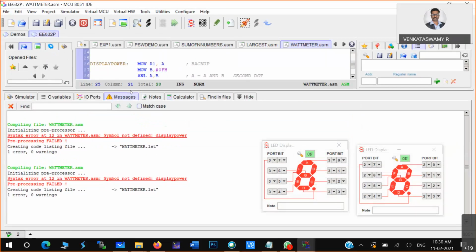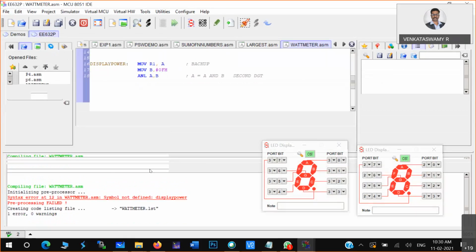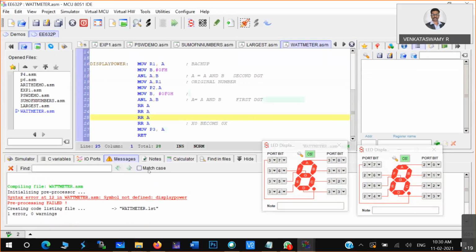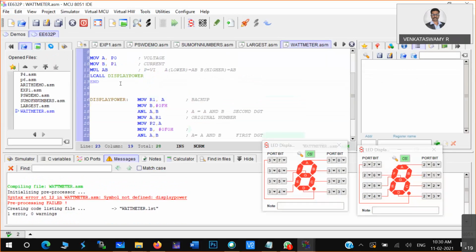Symbol not defined. So there may be some mistake.